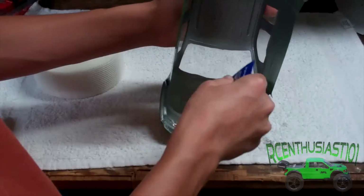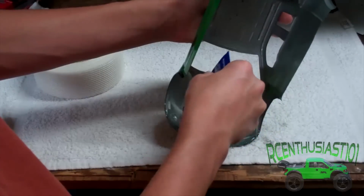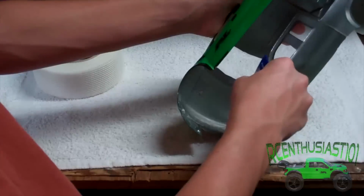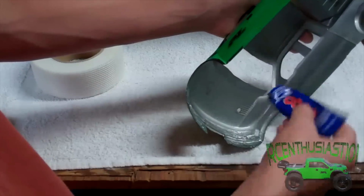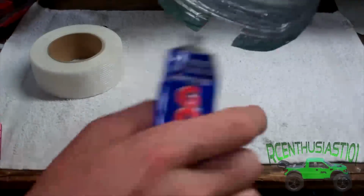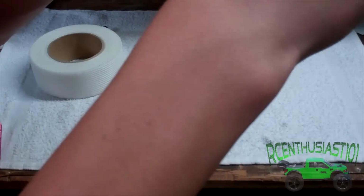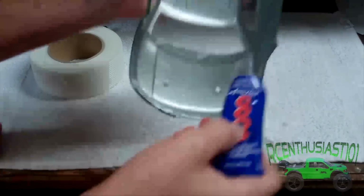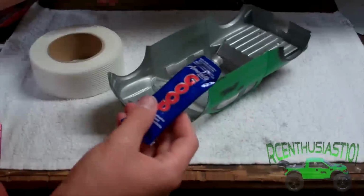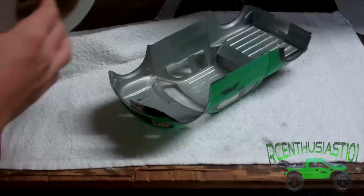So there's that, and you can see it's all inside the front, all up in there. And just spread it around with the nose of the glue or goop, and then put that aside and get out your